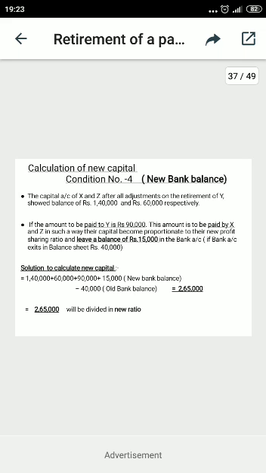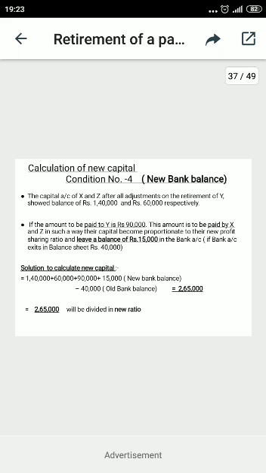So how will you calculate now? You have to take the capital of X, Y and Z also, because the payment is moving to Y also. So that's why the amount of Y is to be taken, and the cash needed, 15,000, is also added. But when the cash balance of 15,000 is added, then the old balance of cash is to be deducted out of the old balance sheet. Then the result will come to 2,65,000, which will be divided into the new ratio.